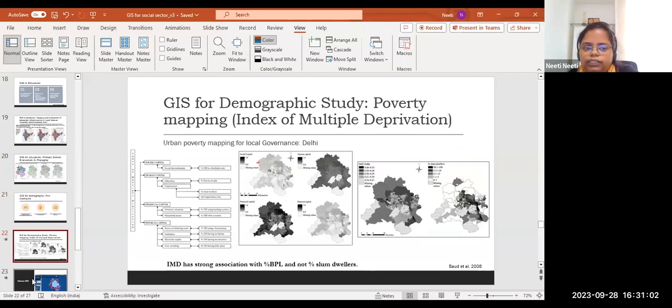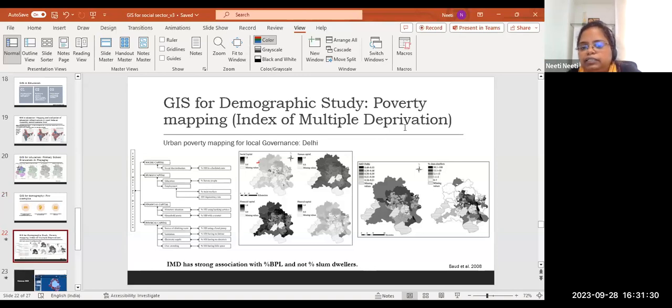researchers, what they did was take different kinds of capital. For example, social capital, like percentage of households which are of scheduled caste, human capital related to education and employment, similarly financial capital, physical capital. So again, what we are talking about is 12 different pieces of information which were integrated together to come up with an index